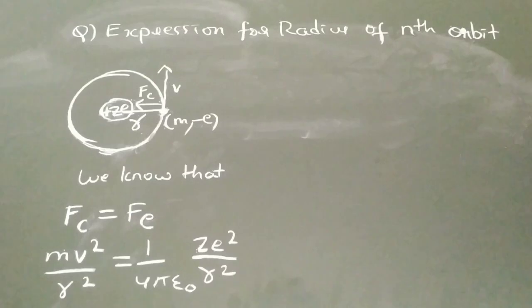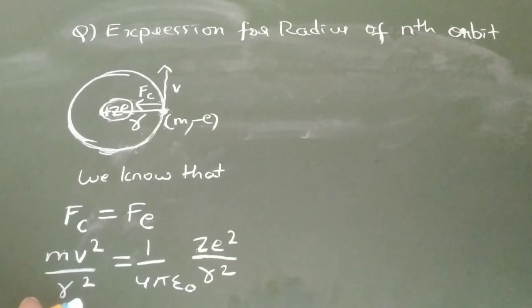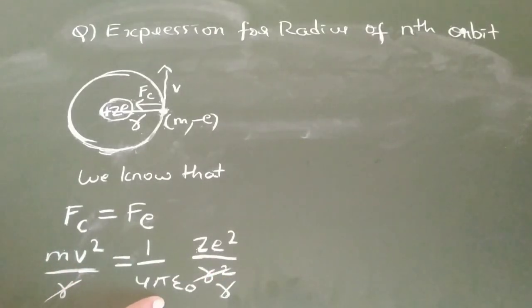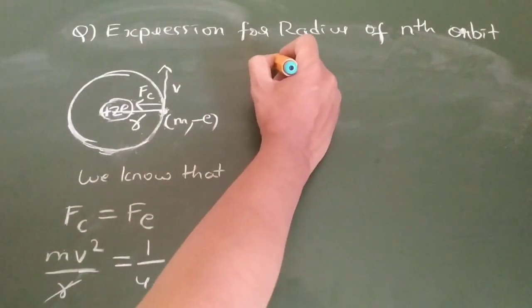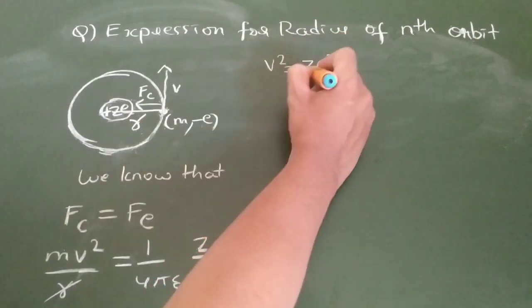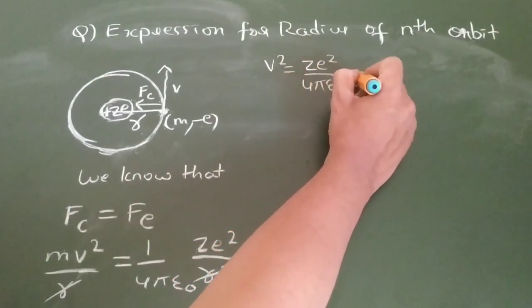After that, you have to write with every elaboration what I said before. Then, this is not r square, sorry, in the centripetal force it has to be r. So here r gets cancelled and one r remains. Is there anything else which gets cancelled? No. So I can write the v square value: v square is equal to Ze square divided by 4 pi epsilon naught m r.